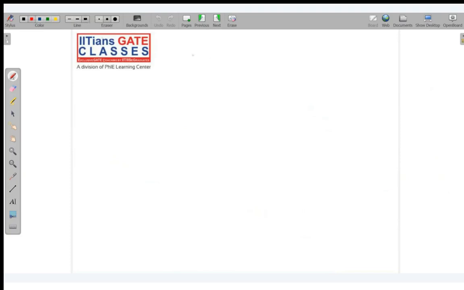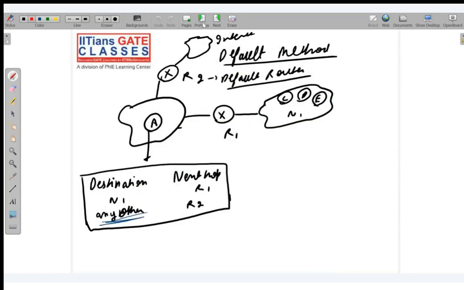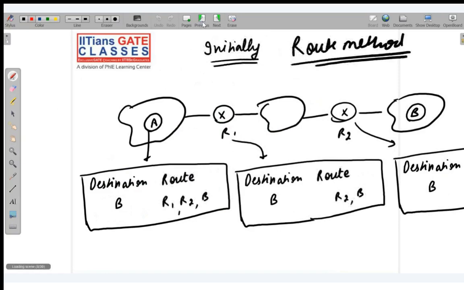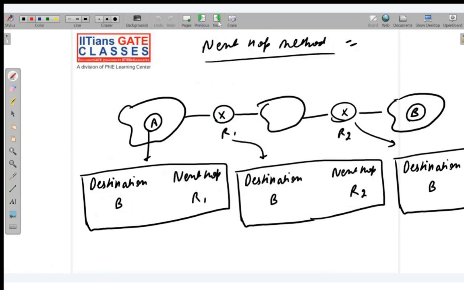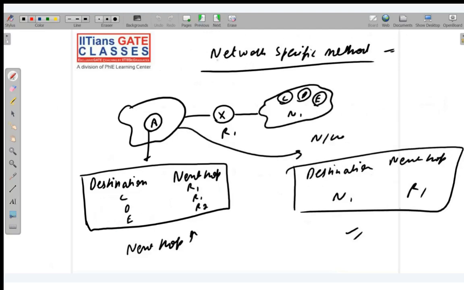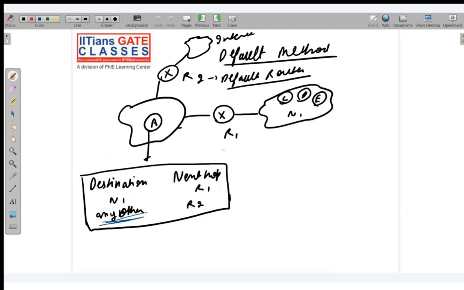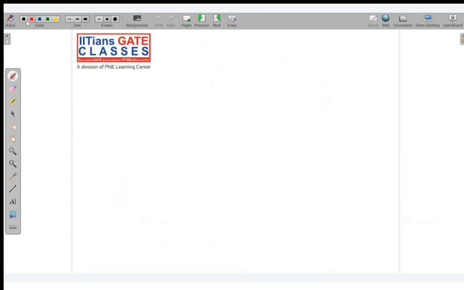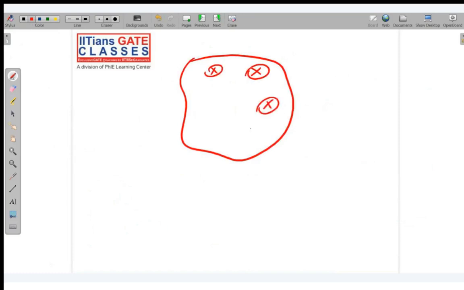Okay, next is another beautiful numerical which has been asked in GATE. So where did we start? With the root method, and that was a very worst idea. Then we jumped to the next hop method, then to the network specific method, and then to the default method. But in the default method also there might be many entries. For example, let me tell you that. Take the snapshot. Okay, you have taken it already. So what I will say, if we have a very big network of say 700 routers, so directly and indirectly there are 700 networks, and we have made